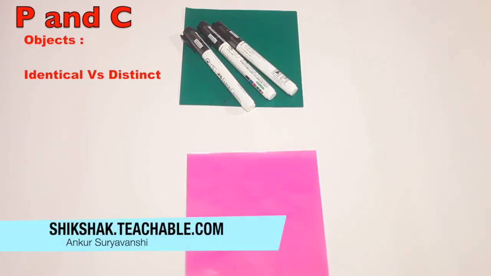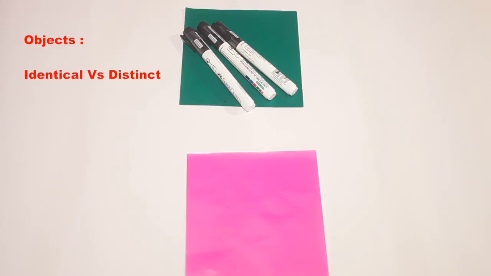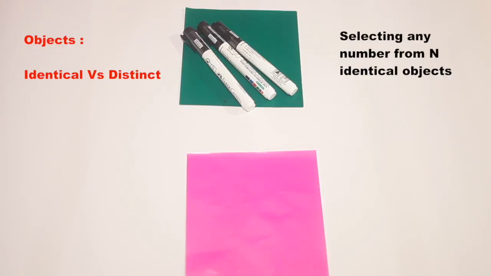Hello and welcome back to a new video and a new session in our continued journey of trying to master permutations and combinations. And we have already moved into grouping and distribution territory. Before we move any further ahead in the ideas of distribution and grouping, another idea that we need to get very comfortable with is the idea of identical and distinct objects.